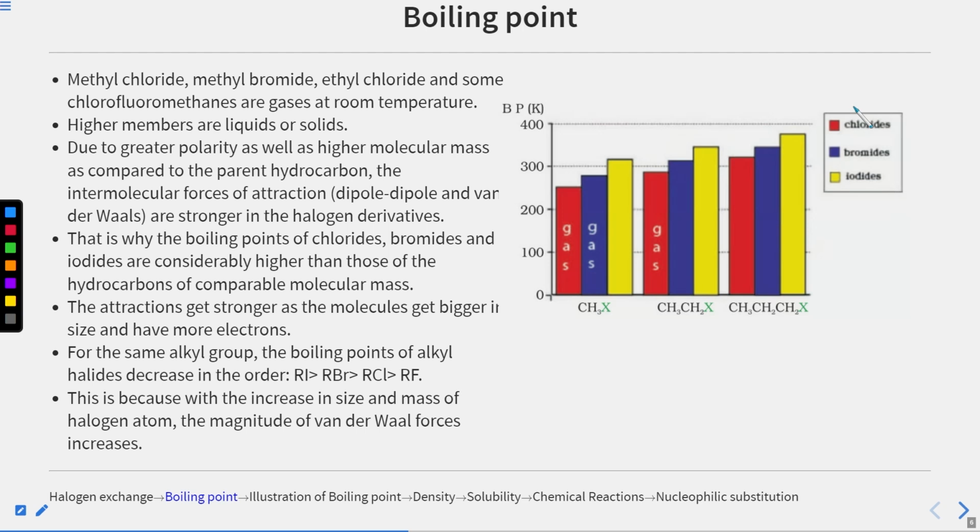So what is the reason behind it? First of all, due to the removal of hydrogen and insertion of this halogen, we have increased the molar mass, and increased molar mass means greater van der Waals forces. At the same time, we have introduced polarity, because initially carbon and hydrogen formed a not very polar bond due to less difference in electronegativity. But as soon as we replace it with this halogen, which is very electronegative, this will create a greater electronegativity difference,